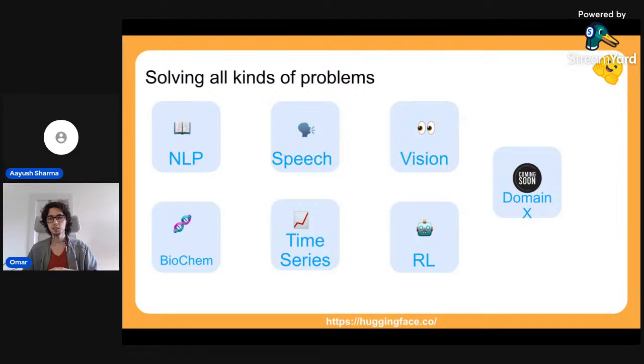But nowadays, the hub has expanded to applications across other domains: speech, which is audio signals, vision, which is anything related to images, videos, but then even fancier applications in time series, biochemistry, reinforcement learning, and who knows, the field is expanding quite quickly.